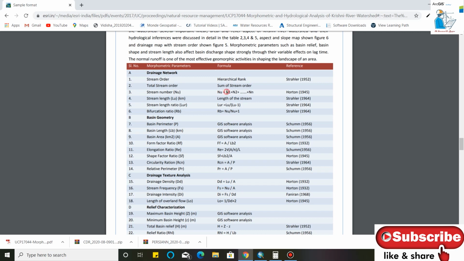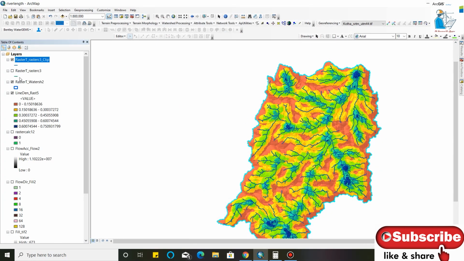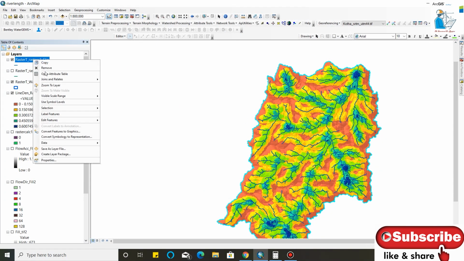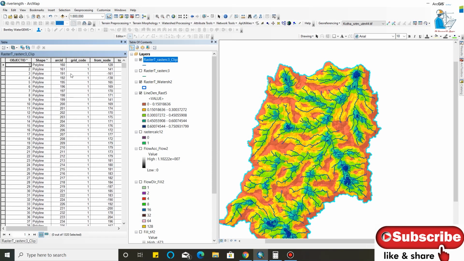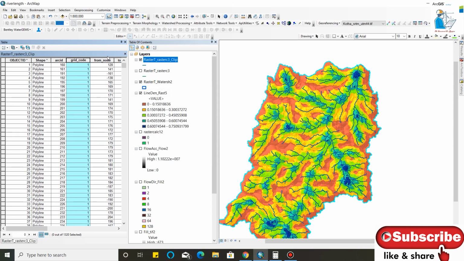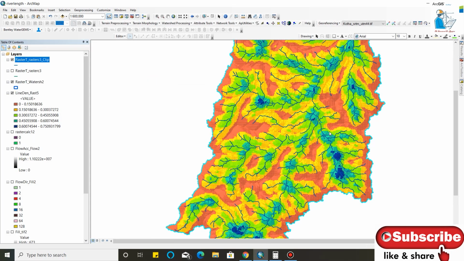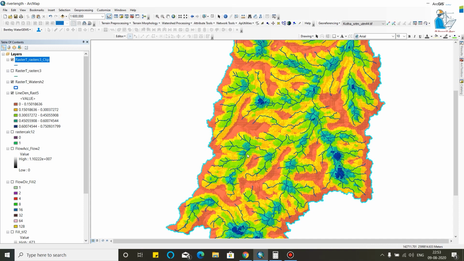Nu is the stream numbers. By adding the stream numbers, you can find the number of streams. This is my stream number, and by dividing with the area you can calculate the stream frequency. In this way you can calculate the stream frequency.